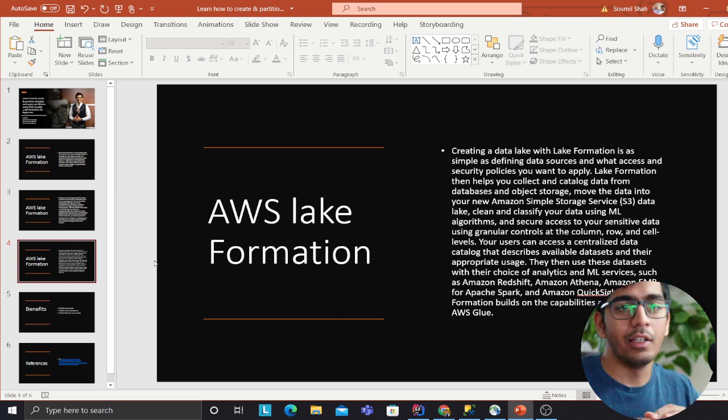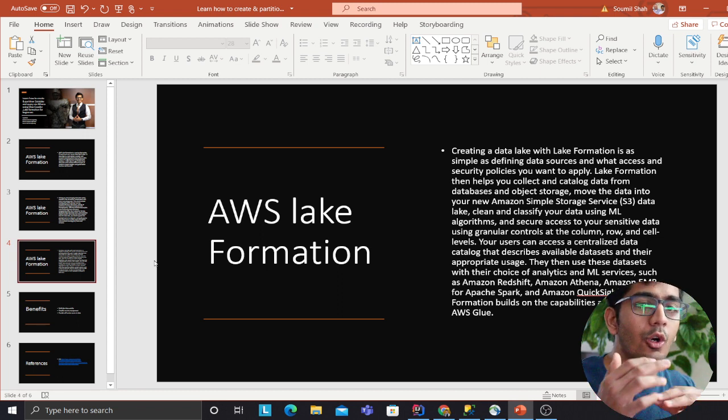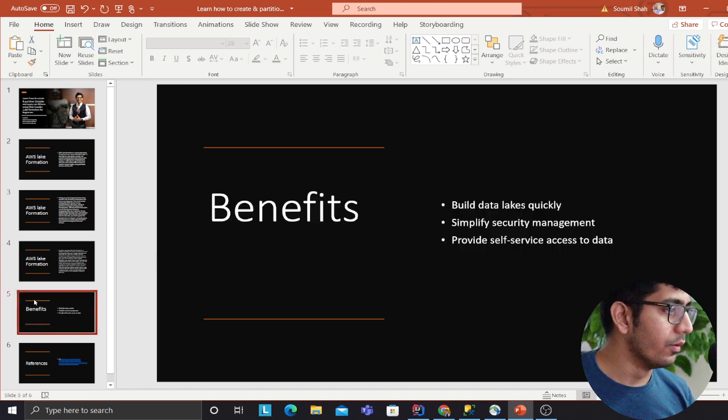But essentially, in layman's language, in very easy terms, Lake Formation is a wrapper that helps you. First of all, you have to create a Glue Crawler. You crawl over it, then you query via Athena. So all those steps are done from Lake Formation now. It allows you to do every single action on your lake. So it's essentially a wrapper, right? This is what I would conclude.